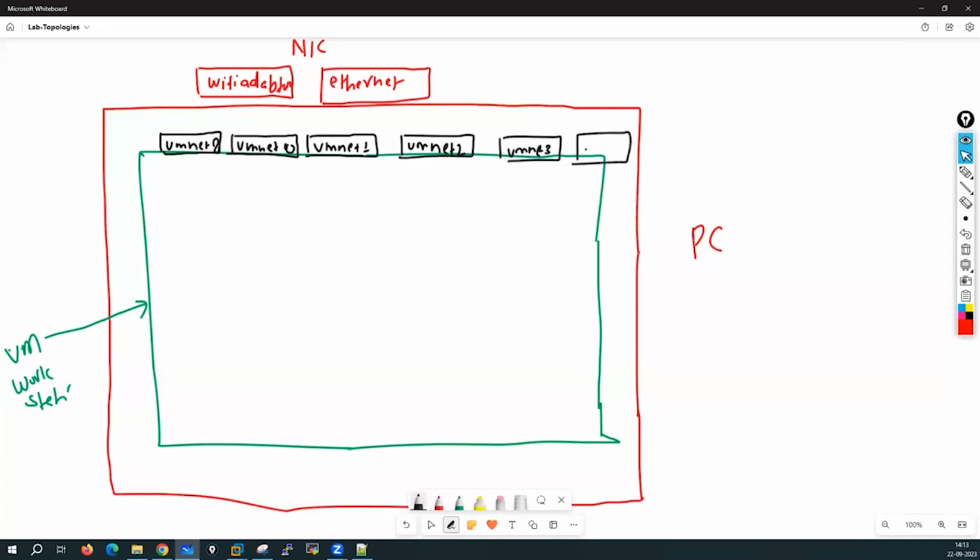I have VMnet 4. I have 5, 6, 7 as well, but I will just denote till 4 here because we just wanted to understand. Now, if you guys remember what I did, this VMnet 8 type is NAT and VMnet 0 type is bridge,